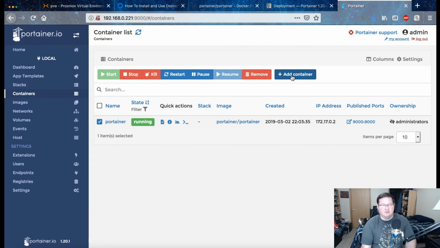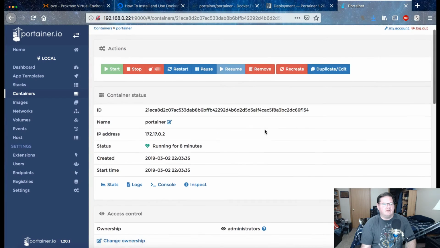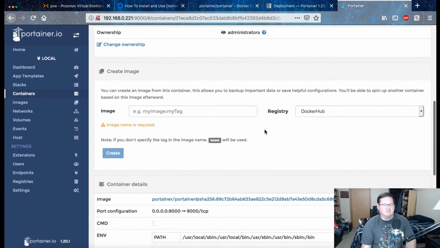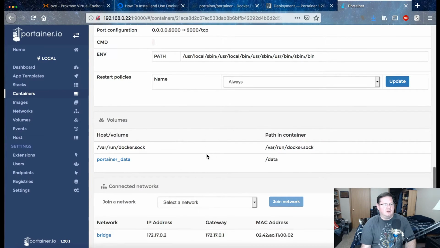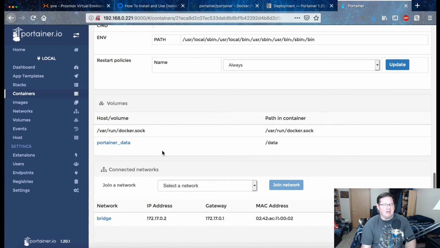Not the easiest to go through the configuration here. Well, most of the time, nine times out of ten, you're going to find that it's easier to actually go to that command line and spin up your containers based on the instructions on the Docker Hub and do it from there. That's when you're creating new ones. But if you've already started one, you can actually click on the link here. So these are all the settings for this running container. And one of the nice things about it, it even tells you what its IP address is, the MAC address,